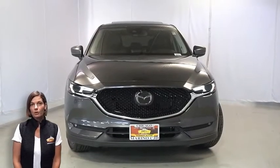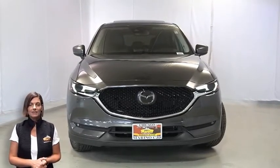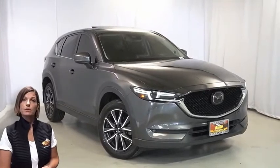Have you been searching for a perfect SUV with safety and reliability without breaking the bank? We'll take a look at this 2018 Mazda CX-5 Grand Touring in Machine Gray Metallic with HID headlamps, front fog